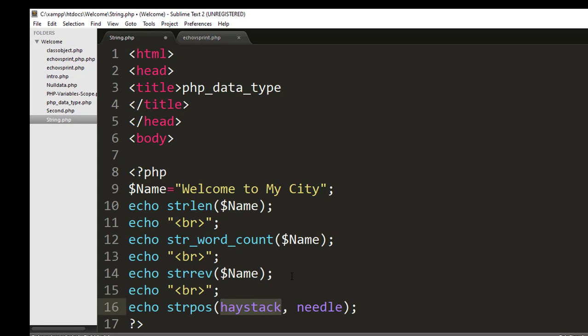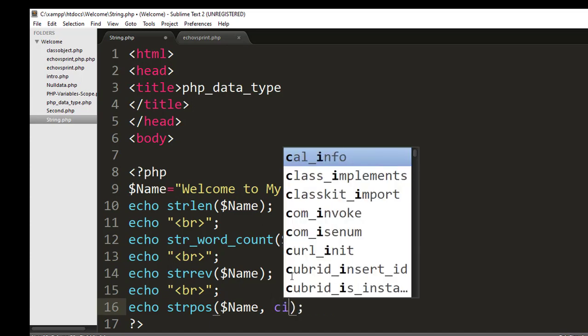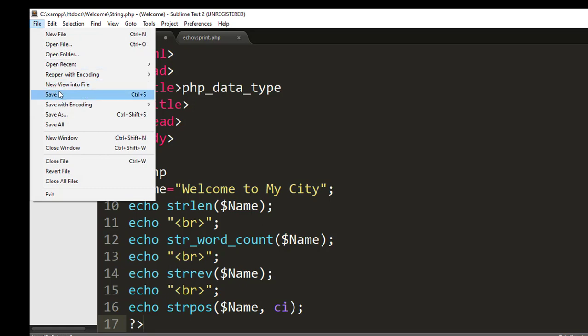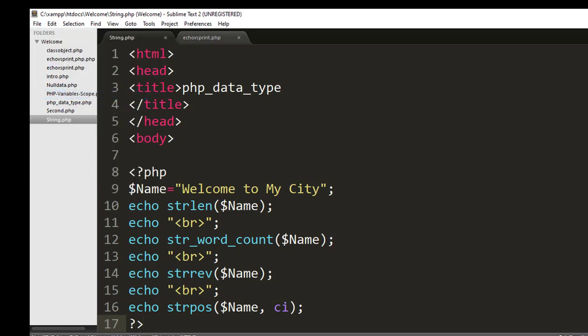The string I have to pass is $name, and the needle I want to find is ci. Save and run.